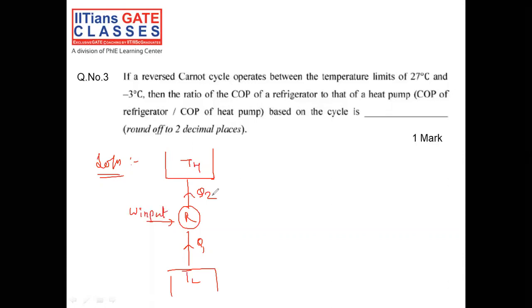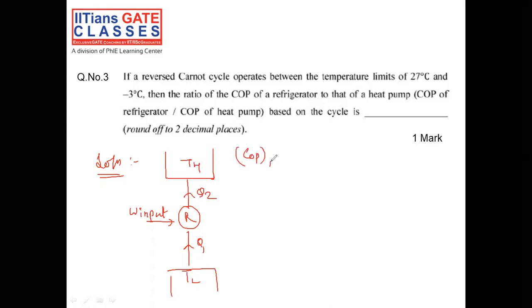because the Clausius statement says that if you want to transfer energy from a lower temperature to a higher temperature, we have to give some amount of work input to the system. Otherwise, it will violate the Clausius statement. And that machine we call a PMM2 machine. And that is practically not possible.